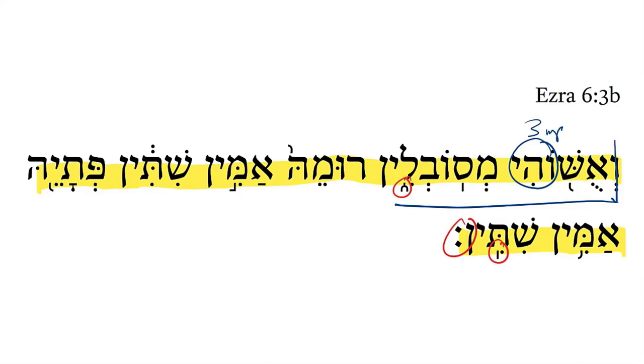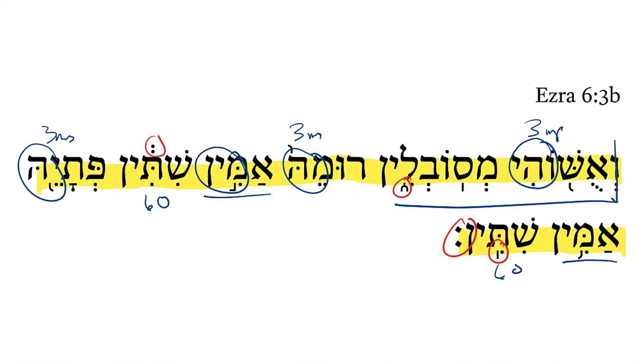And then continuing on, we have its height. That's the third person masculine singular suffix. And this is the word for cubits, where it's, of course, masculine plural. And then coming up to this zaqef qatan, this is the number 60. And then its, third person masculine singular, breadth, once again, cubits, 60. So its height and its breadth, 60 cubits. So altogether for meaning, we have, and let its foundations be laid. Its height will be 60 cubits, its breadth 60 cubits.